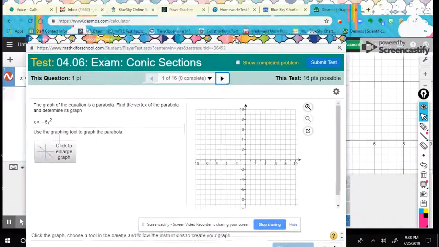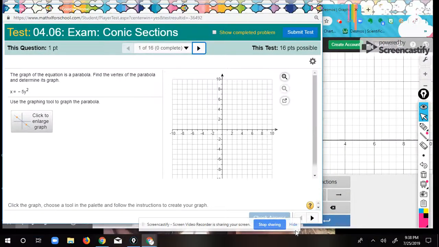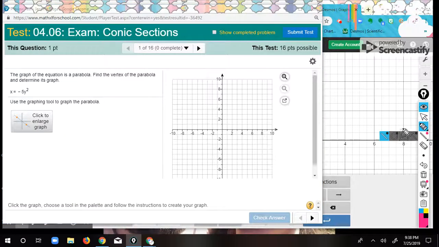Alrighty, it's test time, friends. So I just realized that the tests, they're not going to be in the same order. The questions might be different. So you'll have to scroll forward until you find a question like this one. So, okay, anyway, for this one,